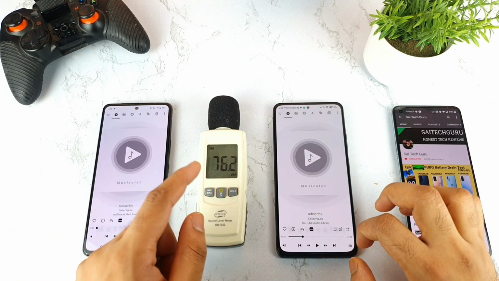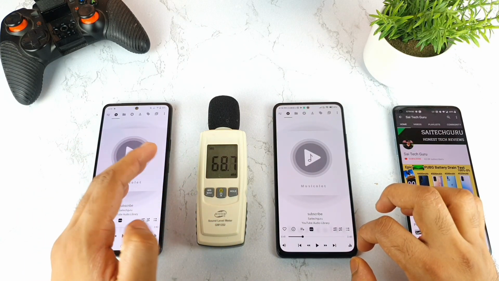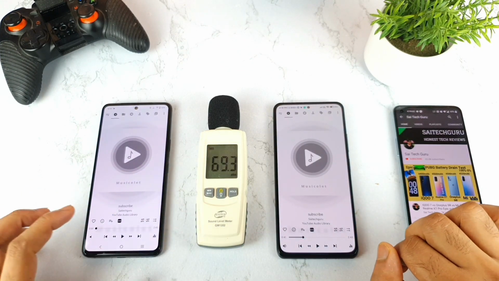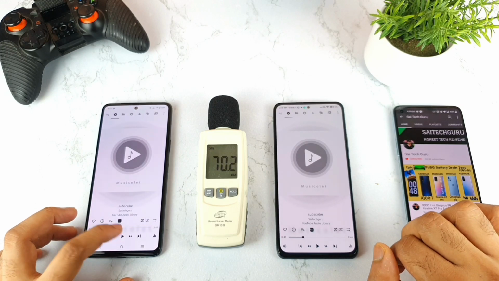As you can see friends, the score clearly went up to 89 and 90 decibels on the MI11X device. So let me play the same audio on the IQ7.